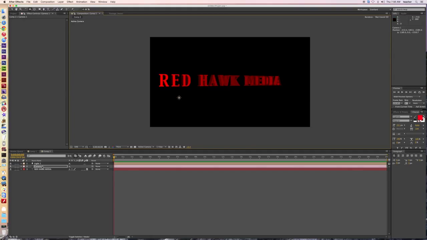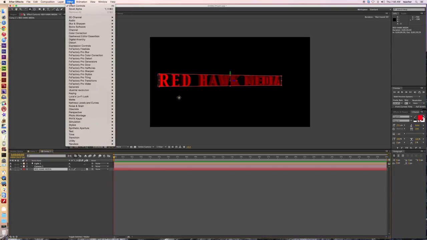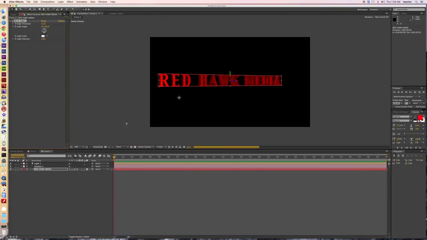So one effect that you can put on the text that helps out quite a bit is, after selecting my text layer, I go up to Effect, and then I go down to, and I'm trying to remember where this is, I believe it's under Perspective, and we go to Bevel Edges. Bevel Edges will just give the edges, depending on which you choose on it. So let's go to this up here. I can go first into the Bevel Edges style here, and I can change it to angular, so it's going to be a tough angle. Concave, it's going to be sunken in, or convex, of course, it bulges out. So go to angular,